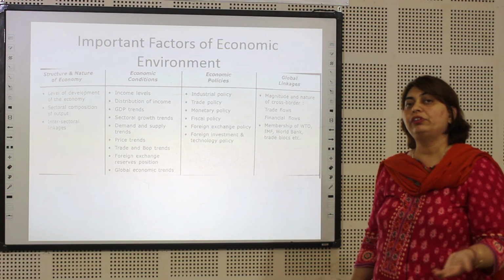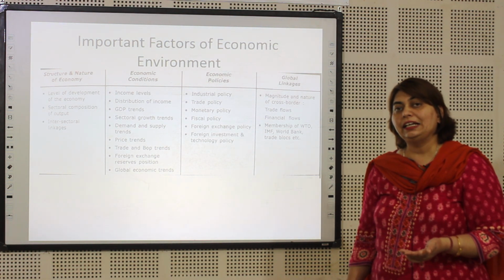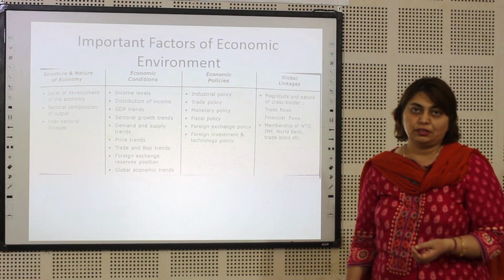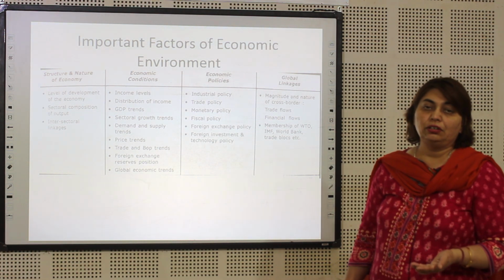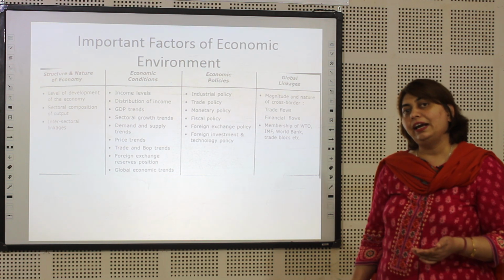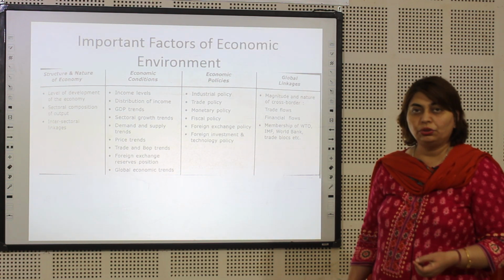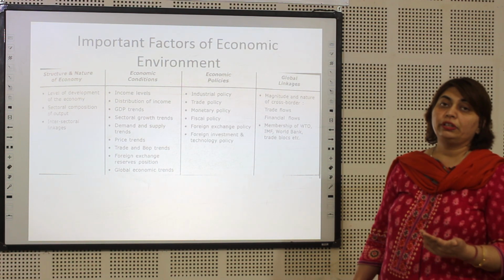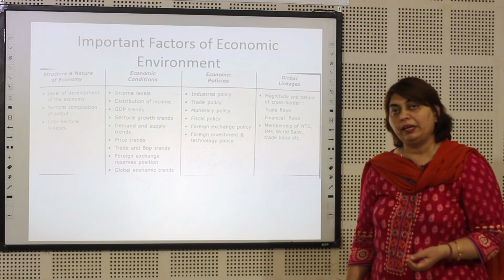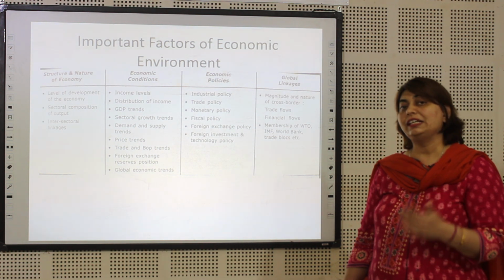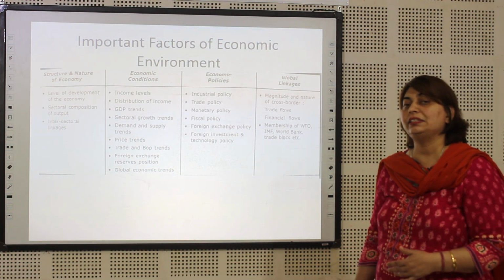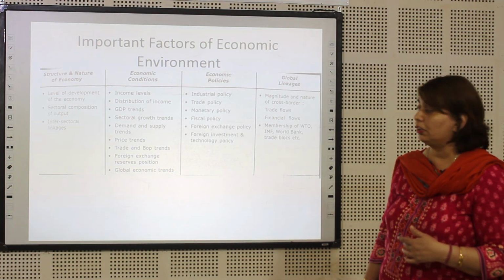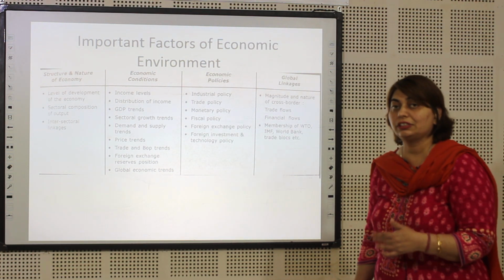Like for example, if you look at the present state of the Indian economy, it is quite influenced by the global winds. If the Fed tomorrow decreases its rates, RBI is also likely to do that, but if it hikes, RBI is likely to do the same. So therefore, economic policies play a very important role, and out of this, the industrial policy, the trade policy, the foreign exchange policy, foreign exchange regulation or the investment and technology policy, monetary policy and the fiscal policy play a